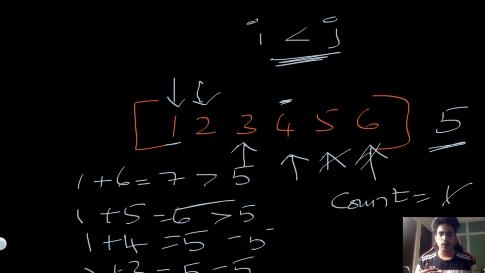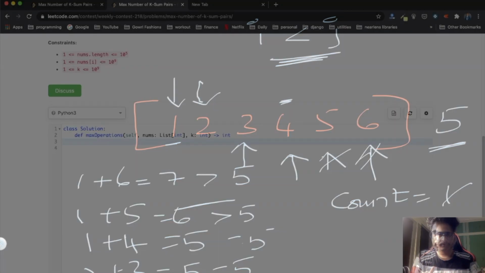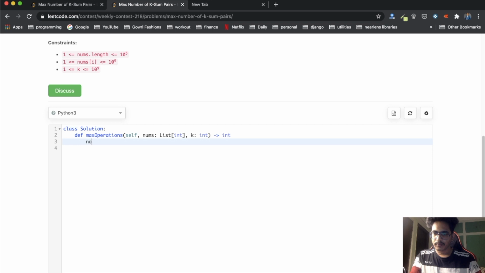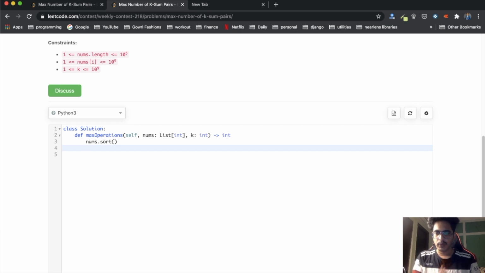Let's see how we can code the solution. Let's sort our given list, nums.sort. Next we'll initialize i and j: i comma j is equal to 0 comma len of nums minus 1. We'll also initialize our count to 0.